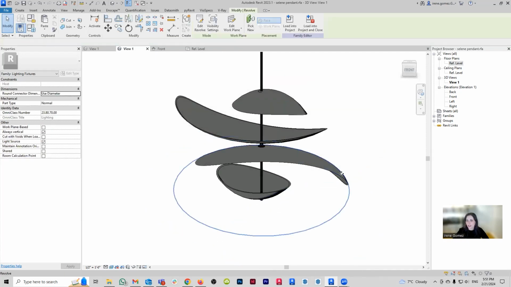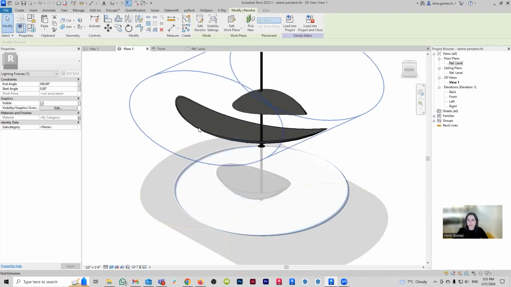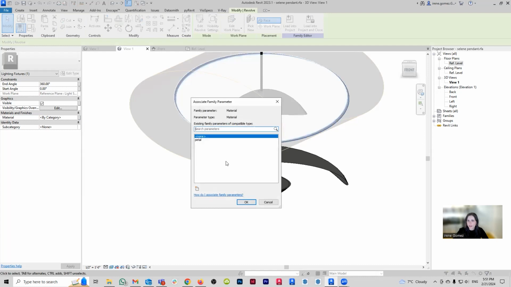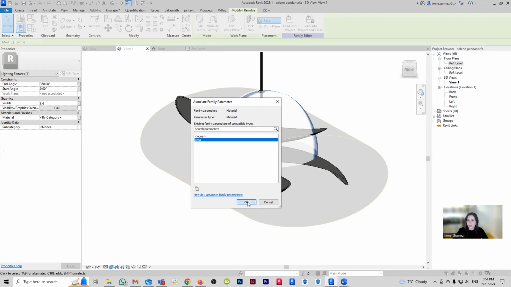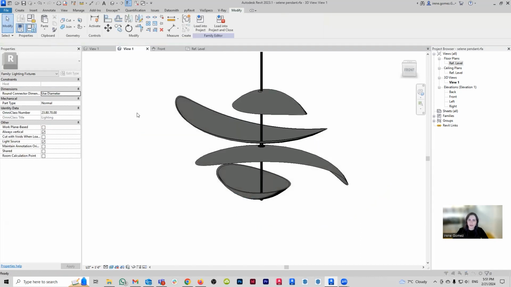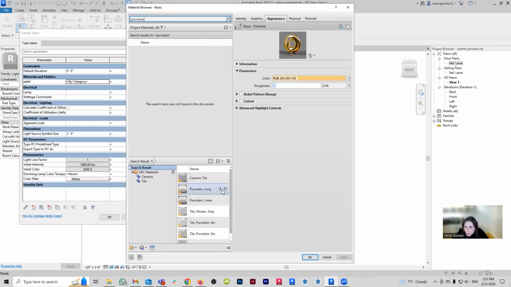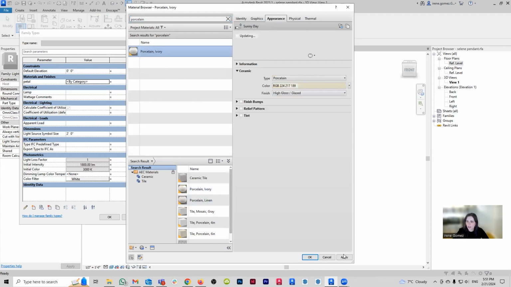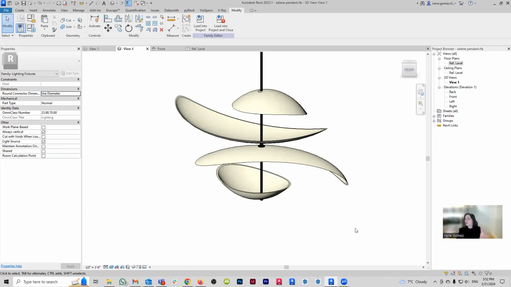And I'm just going to assign the same parametric material property to all of them, because in the image, it does look like all of them are the same material. So I'm going to set this guy up, and then bottom egg, petal, OK. And now, if I want to, I can just assign a material here directly. I'm just going to assign a porcelain just so it has a material in it. So let's extend my AEC, and let's see if we have porcelain. Porcelain ivory. Let's bring this guy in. That should be good enough. Apply, apply. Okay. So the light fixture is done.